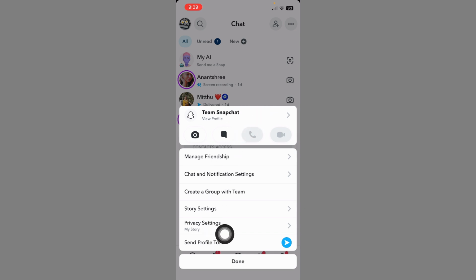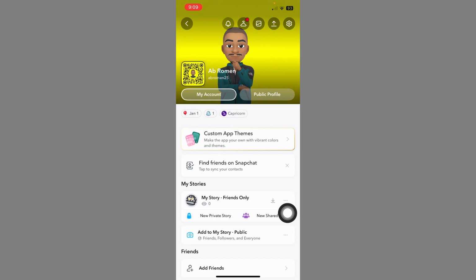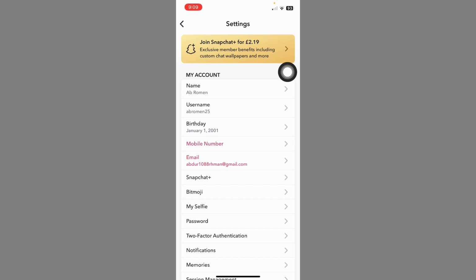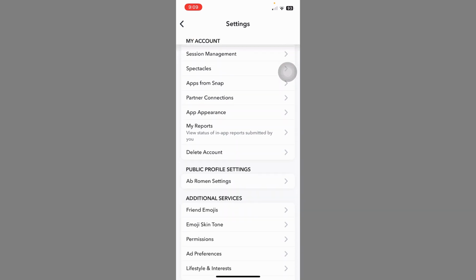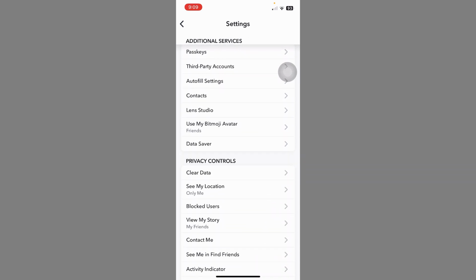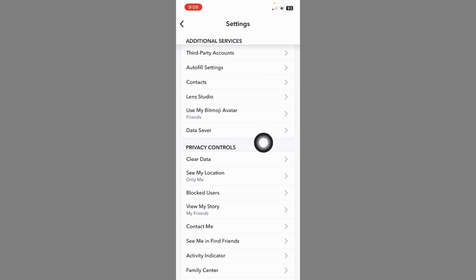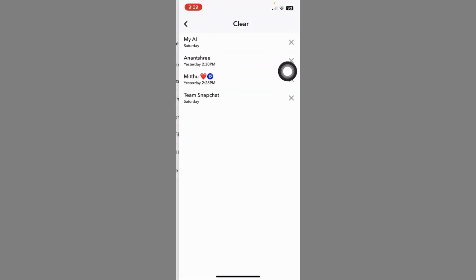Okay, then tap on the profile icon, click on settings, scroll down, click on clear data, tap on clear conversation, just click,